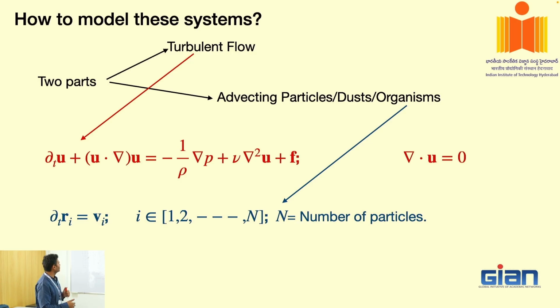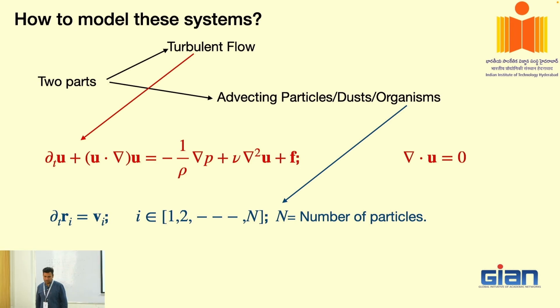So the thing is, when these particles are moving in a fluid flow, how will you model them? Basically it will have two components. One is the background flow, which could be turbulent or maybe non-turbulent, and then these particles or organisms are going to be advected by this flow field, right? So you'll be solving two equations. One is your Navier-Stokes equation, which you solve on a grid. And then these organisms, if they are tracers, which means they are simply being advected by the flow, are going to have exactly the same velocity as the velocity of the fluid, right? So this is what you are going to have.